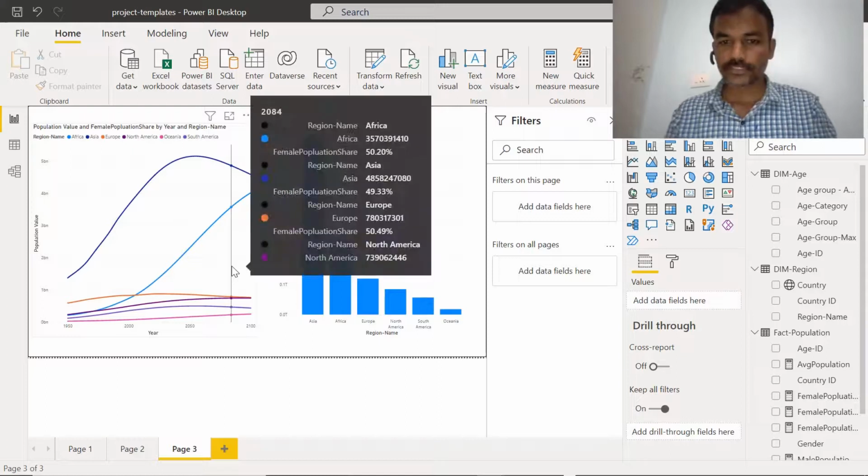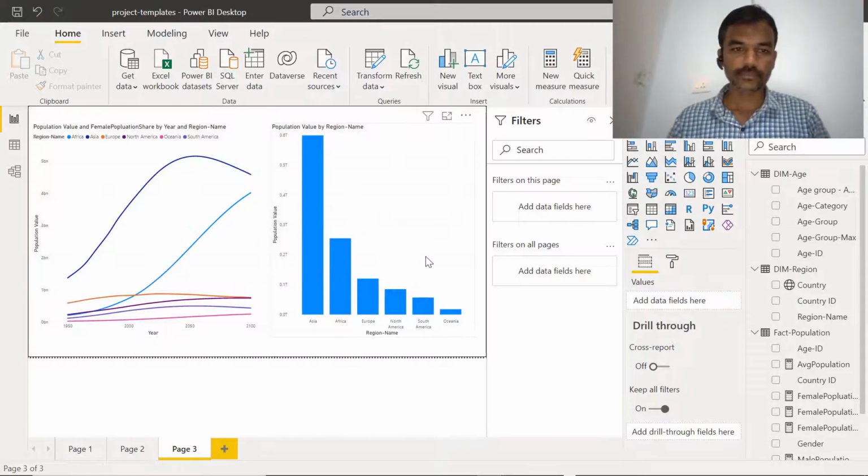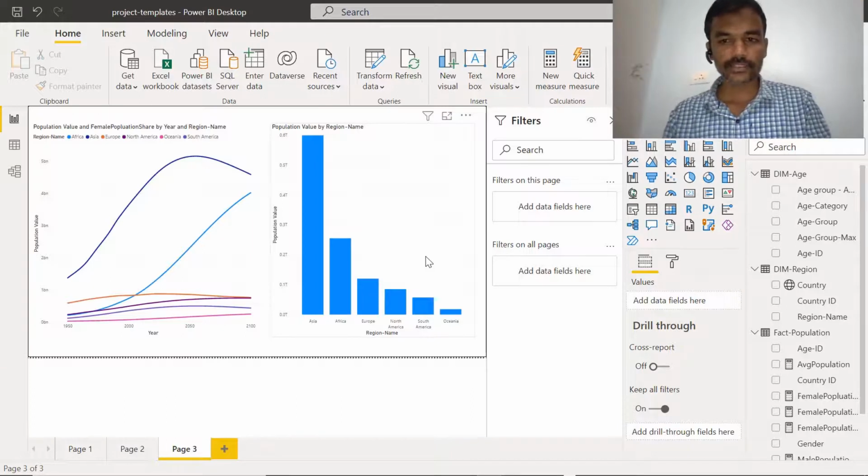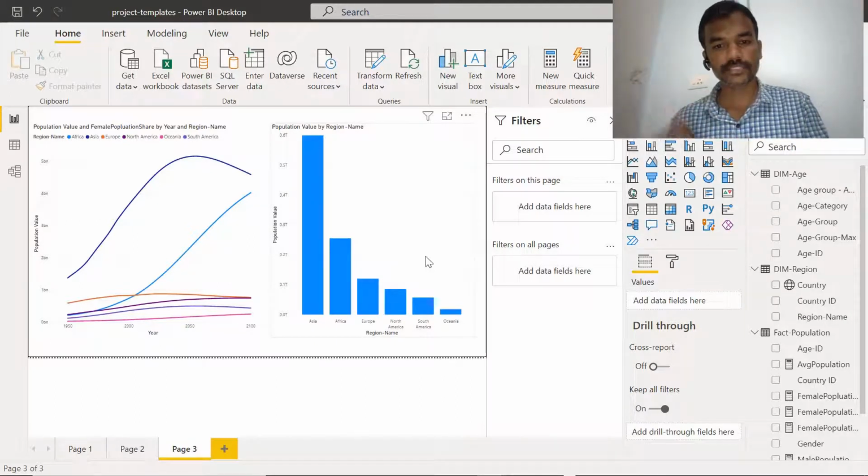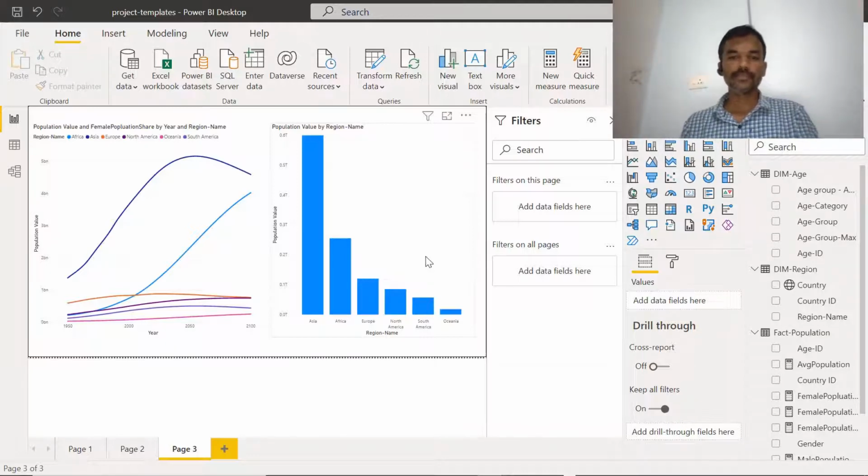In this video, we will see data hierarchies and what drill down is. So that is one thing we are going to see practically in this video. Let's see how to do this. Basically, hierarchy is one thing where we can go to the detail level. Suppose we wanted to see population data by region name, then state or city. If you wanted to see that, we can do that with this feature which is available here.